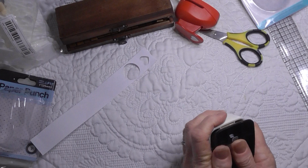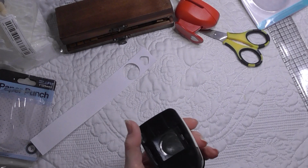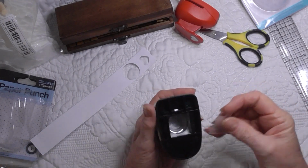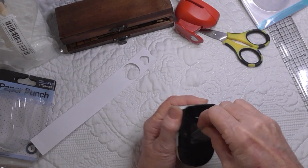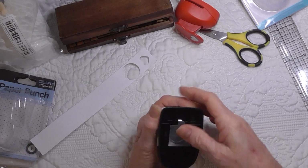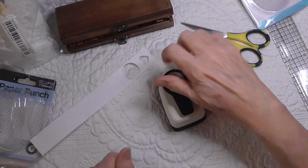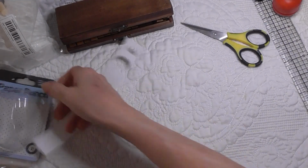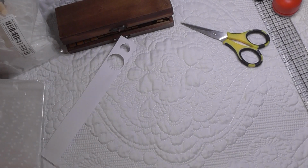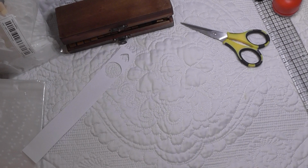Nice crisp, oh, that one lifts out like that. Nice crisp cut on that one. And that, how does that go? That goes back in there, just like that. Yep, like that. Okay, they work fine. So 2 more punches to my collection. I've had very few punches over time, so it's nice to have a few now. The next thing I've got,